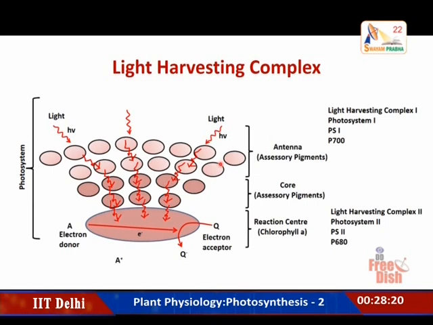And because the light energy is being used to do photophosphorylation reactions, photosystem 1 participates in the cyclic photophosphorylation reactions, where it does not require the assistance from the